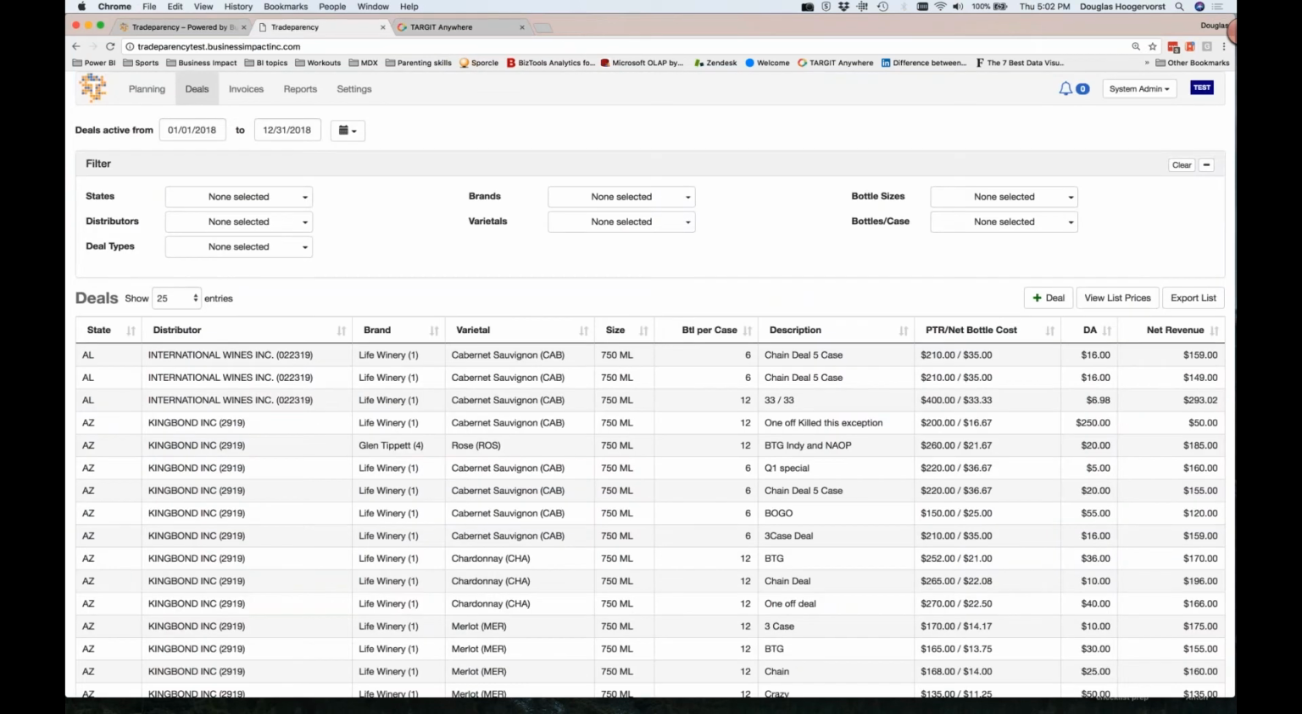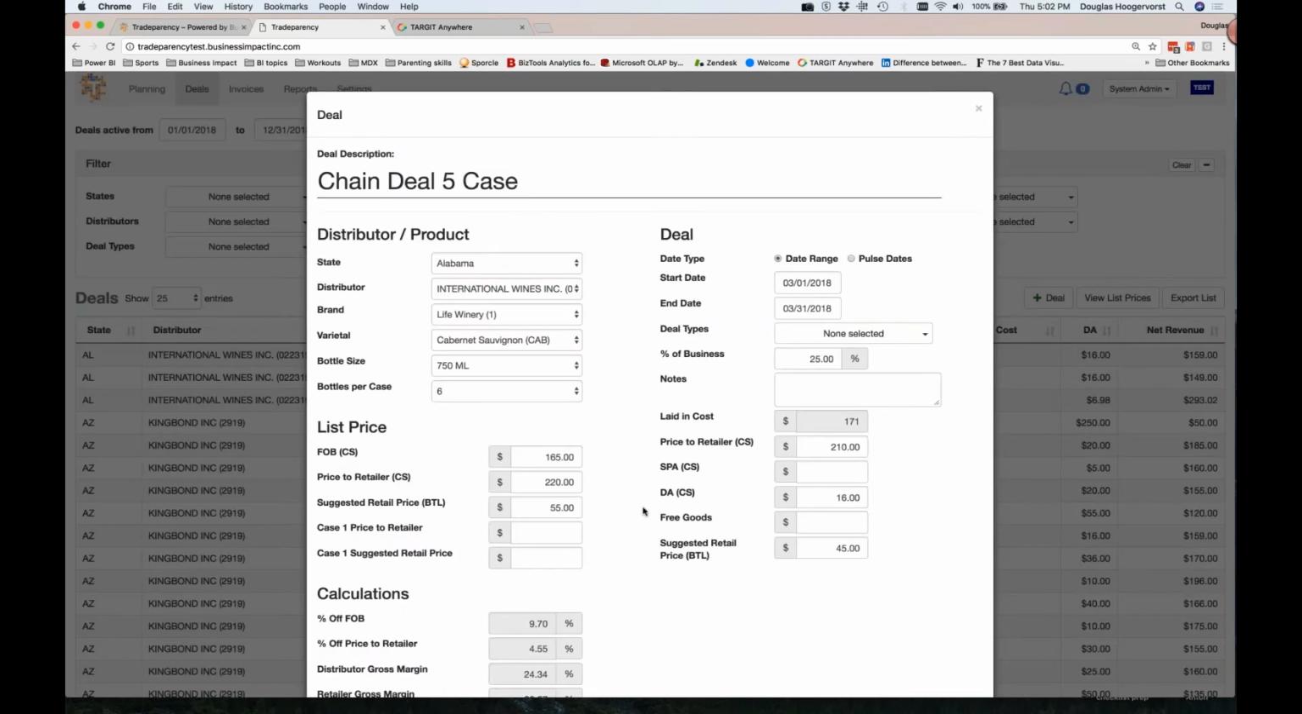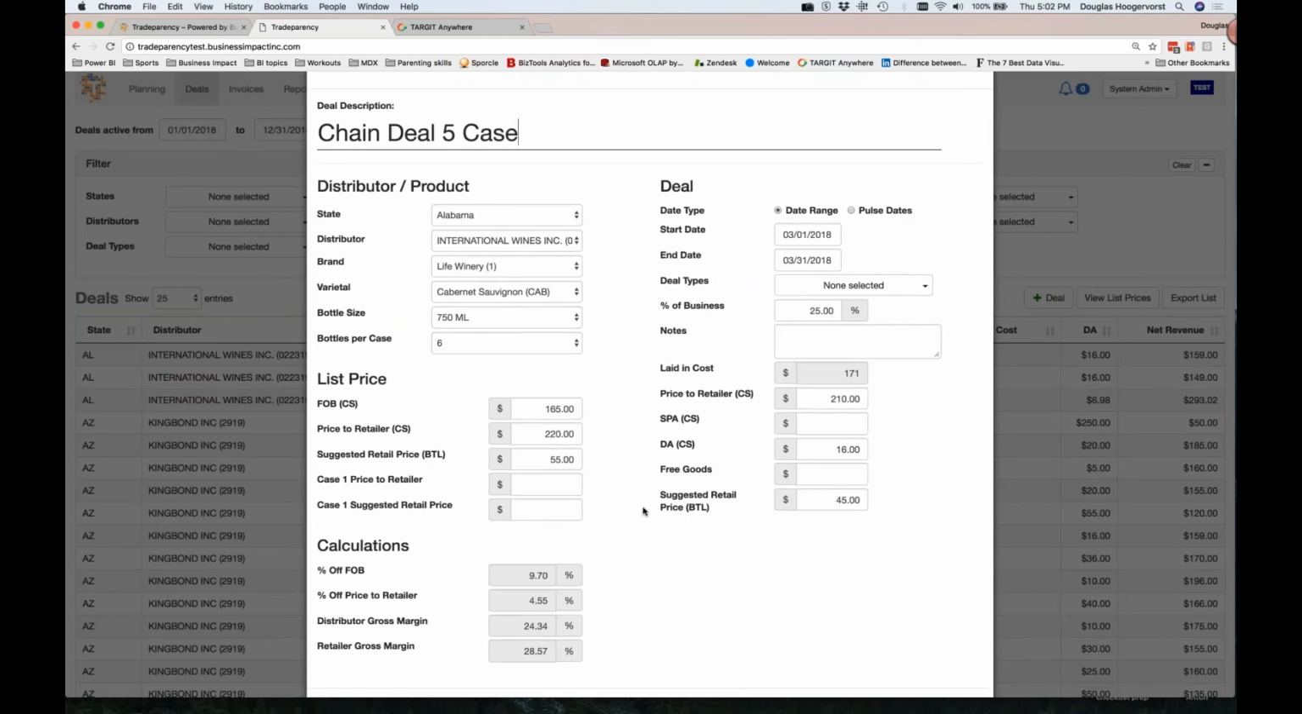So when you log into Tradeparency, what you'll see here is that we've captured all the pricing for every distributor, all 100%, not just the ones that send prices, but all your distributors. Each deal, as you drill into it, you're capturing your list prices, your FOB, your price to retailer. You're able to calculate out your margins, and this works very similarly to what's in your grid. And so your grid might look something like